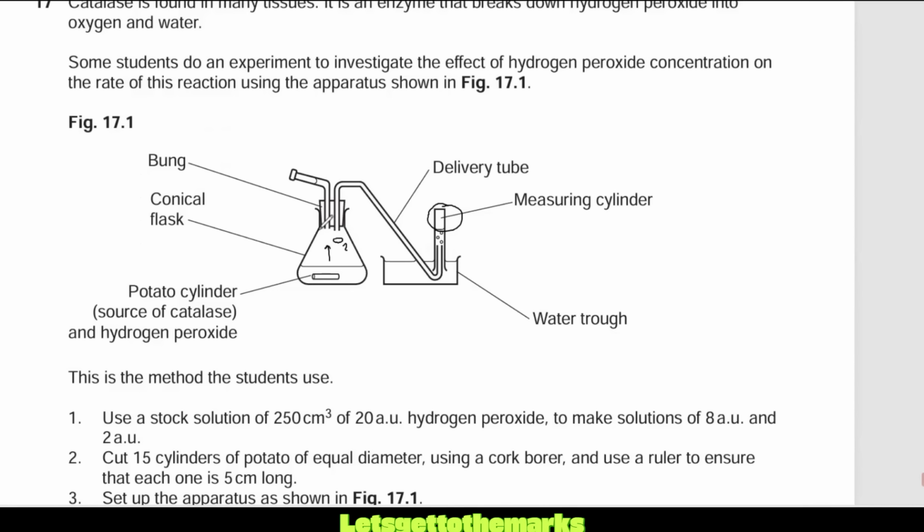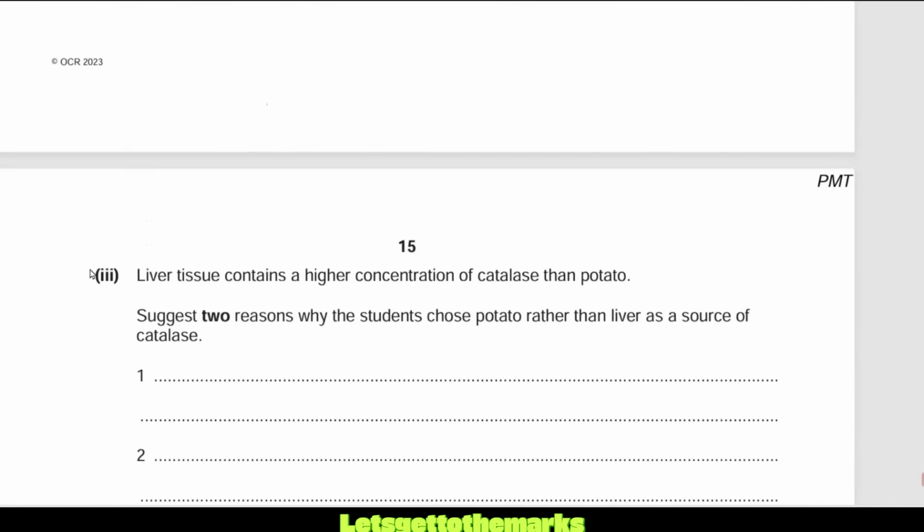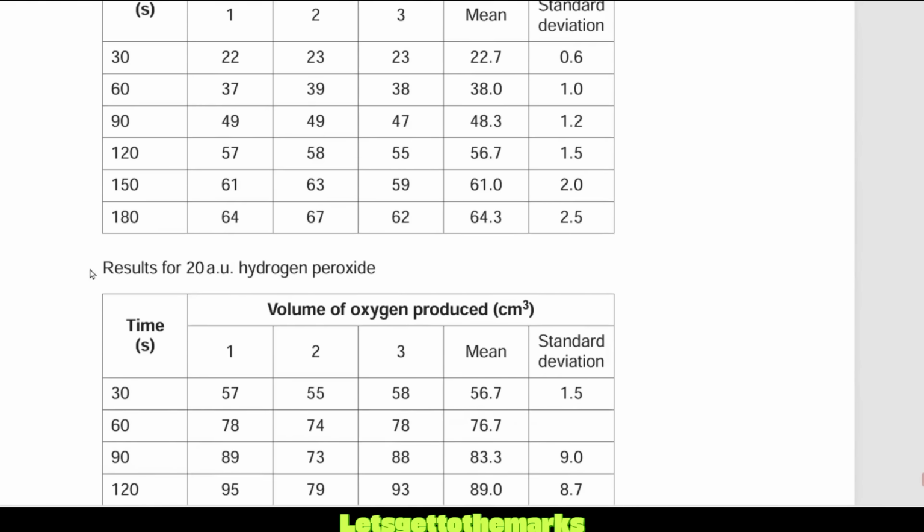Also, some of our oxygen may escape if the bung is not correctly put in. It's not a perfect vacuum seal kind of thing. Some of the oxygen may escape, so it may not be equal. So those would be my reasons. Some oxygen escapes from the bung, and some of the gases entering the measuring cylinder and delivery tube are not oxygen. So that would be my 2 marks. There's probably a couple of other things we could waffle on about there, but let's find where the answer was.